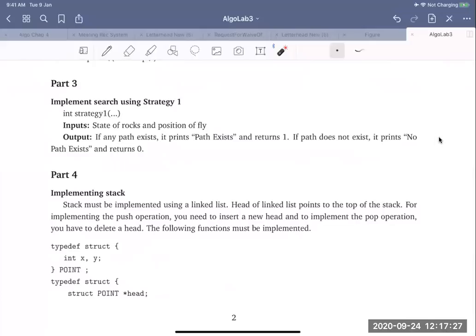Now you have to go to part 4. In part 4, you are implementing a stack. While you implemented queues using arrays, you have to implement stacks using a linked list, and the head of the linked list points to the top of the stack. What are the data structures that you need? You first have the same data structure for point. You may not want to repeat that; it's already there.